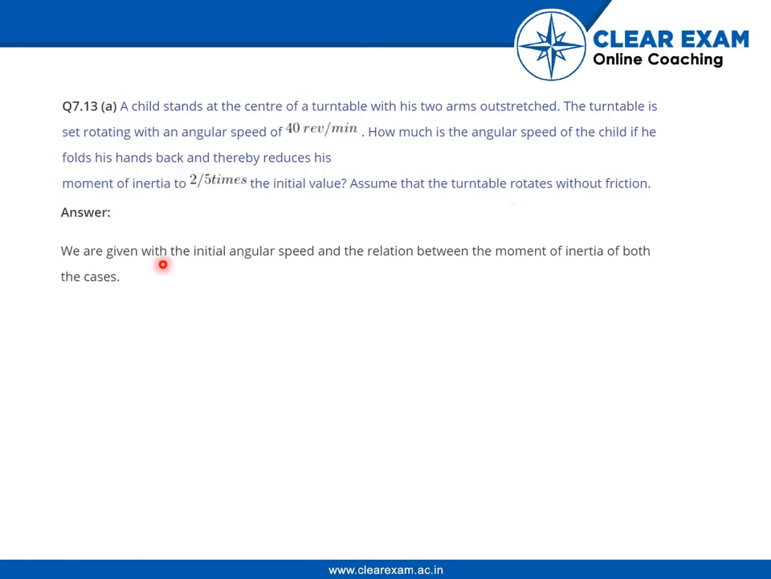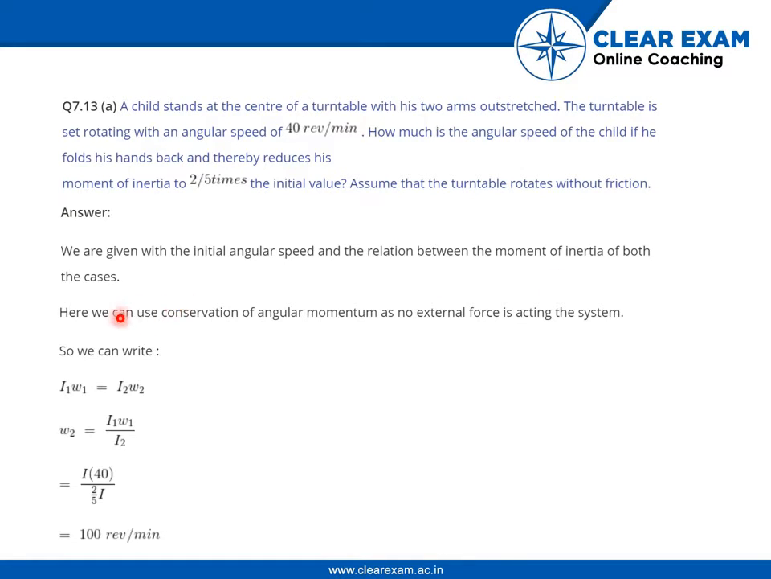So we are given the initial angular speed and the relation between the moment of inertia of both the cases. Here we can use conservation of angular momentum as no external force is acting on the system. So we can write I1 omega 1 equals I2 omega 2. So omega 2 is equal to I1 omega 1 divided by I2, and the value of omega 1 is given,